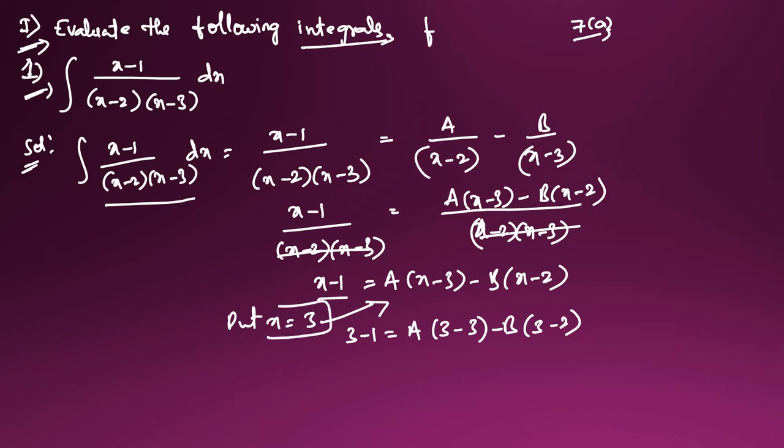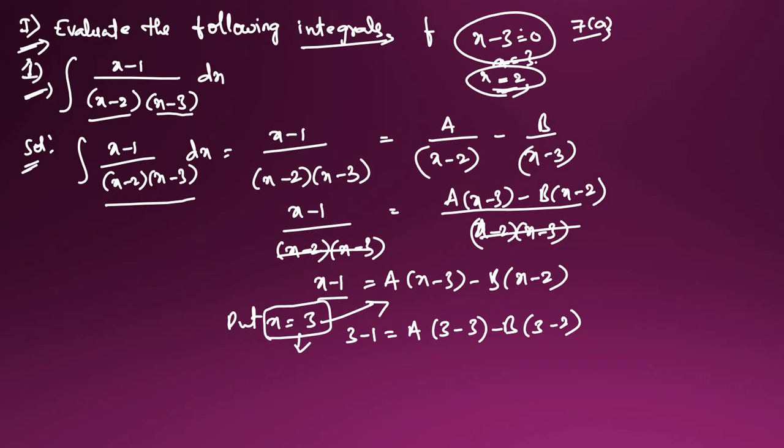Why am I substituting 3 only? Because first, x minus 3 is a factor, no? So x minus 3 is equal to 0, I will take x is equal to 3 and substitute. After that, x minus 2 equal to 0 gives x is equal to 2. I will substitute this 2 in this equation. We will get the answers of A and B.